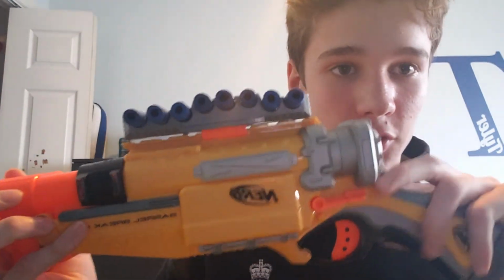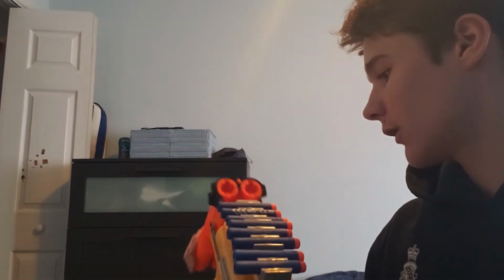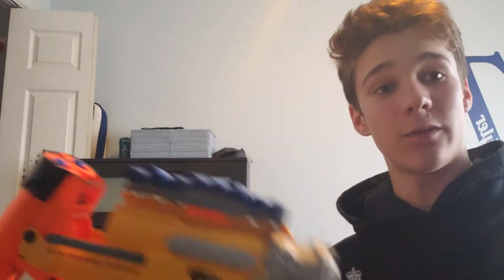This is one of my favorite Nerf guns. It's old, but it works. I swear to God. So here we have on both sides, we have a little trigger pull here. And what this does is it opens the compartments that you put bullets into. This is loaded at the moment. It's farther down. You just simply put the Nerf bullets in there. And if you want to be cool,